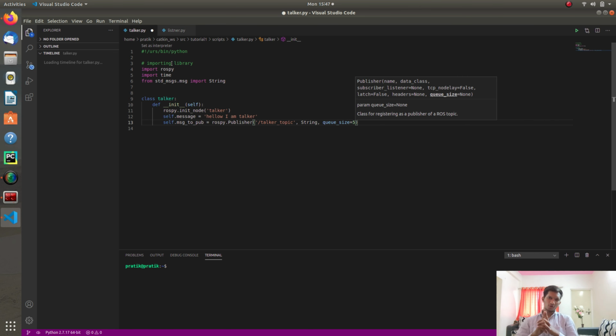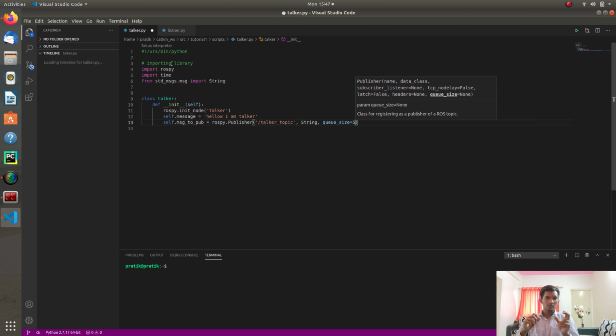You might be confused about what this queue size is. Whenever the receiver node is busy doing something, and at that particular time this talker node publishes a message on talker topic, the listener node is not able to give service to this node.